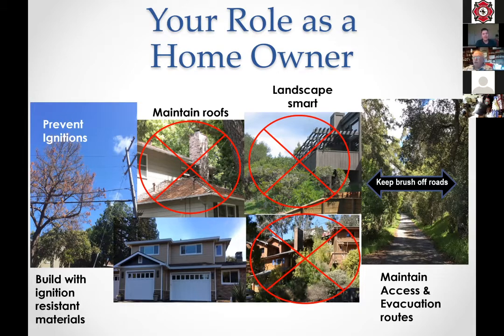And the average time from when a smoke alarm goes off to how much time you have to get out of the house safely used to be several minutes. It's less than 4 minutes now. So be aware, smoke alarms and fire sprinklers save lives, and that is why we require them,